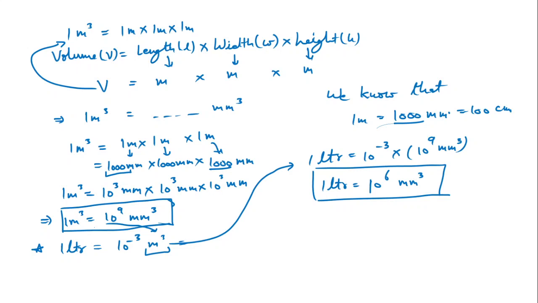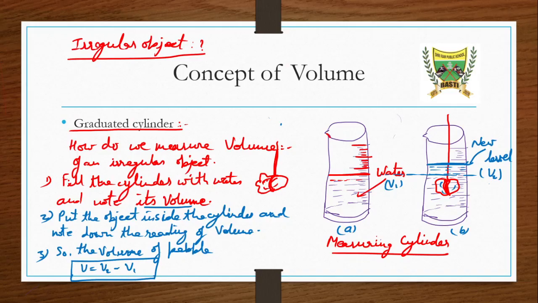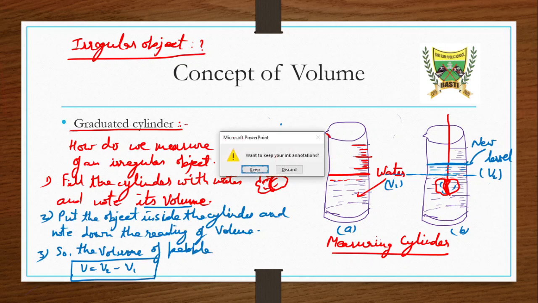Okay, so this is how we calculate and convert from one unit to another. Everyone has to understand this conversion, and you should know how to convert from one unit to another. Okay, so that's it for now. We will see the later things, density, what is density, and what is speed, in the upcoming lectures. Okay, thank you.